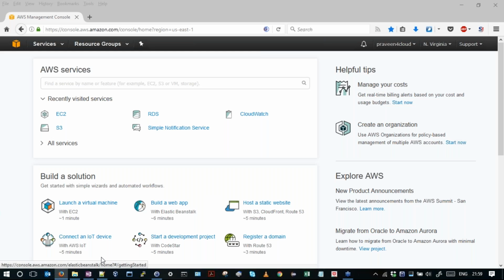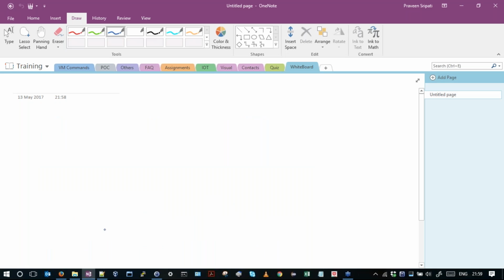So in this AWS demo, we'll see how to create a load balancer and how to associate a couple of EC2 instances around it. This is a very common scenario used on sites like Flipkart.com, eBay.com and so on. Let's say you open up a browser and type a particular URL, the request will be redirected to one of the web servers.